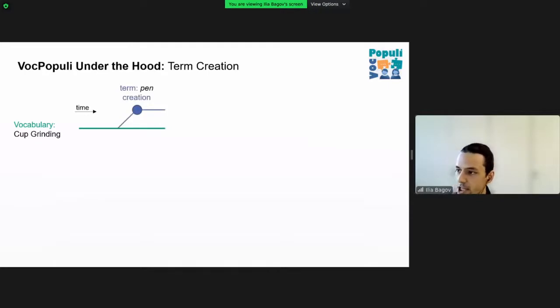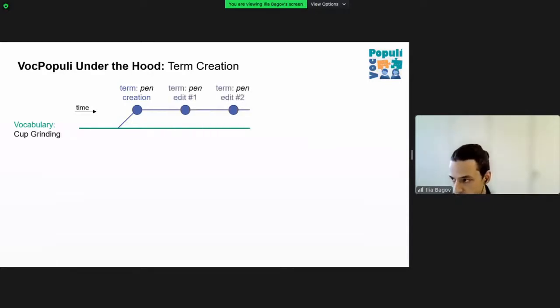As soon as one initiates the term definition process, a new branch gets created in the repository which contains the vocabulary's terms. All edits done to that term get stored in that newly created branch. Then after some time, that term can get approved, which means that the version of the term which got approved gets merged to the main branch of the repository on GitLab, after which people can add new terms to the vocabulary.